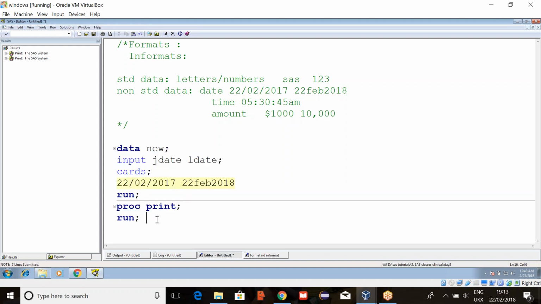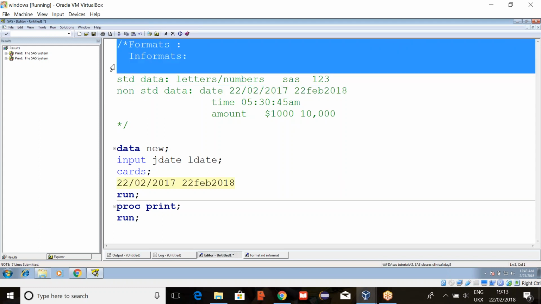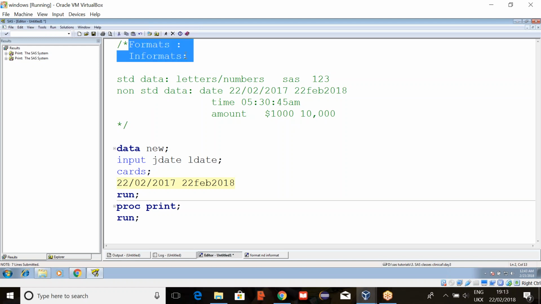Directly it is not reading. So for that we have to use formats and informats. Actually, if SAS could read the non-standard data directly, then we wouldn't have this topic at all. But unfortunately, it won't read, so we have to learn about formats and informats. What is the use of format?